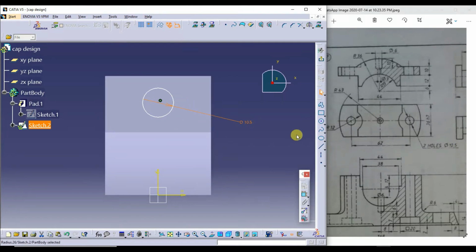Next, I need to give the distance of this hole. It is at a distance of, see here, from the center it is half of 62. So now I need to give this to this.